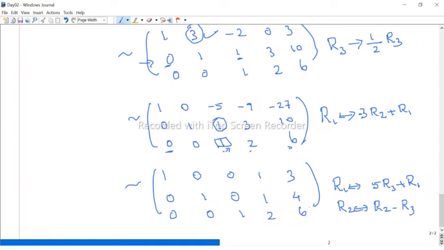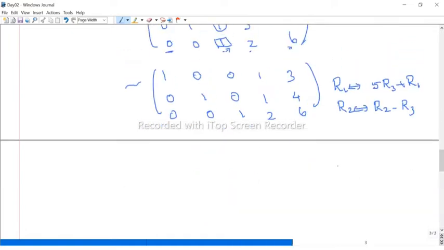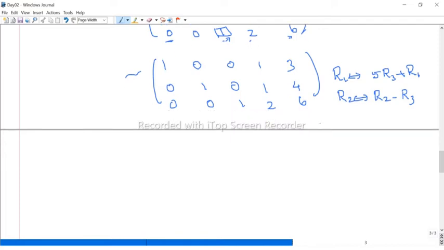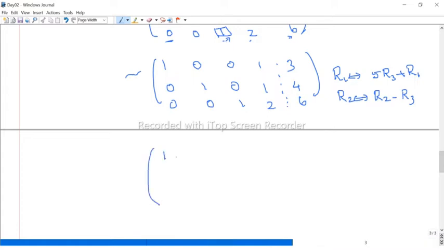Now finally, is this reduced row echelon form? Yes, sir. Okay. So finally, what I did, the last column is the right-hand side. Therefore, if you write it in matrix form, the corresponding matrix form is [1 0 0 1; 0 1 0 1; 0 0 1 2] times [x1 x2 x3 x4] equal to